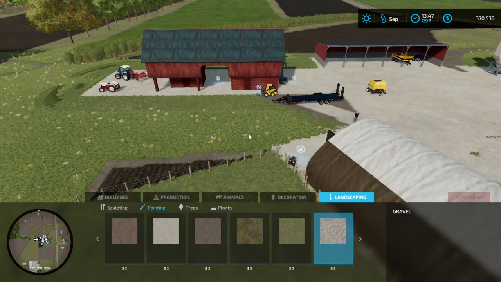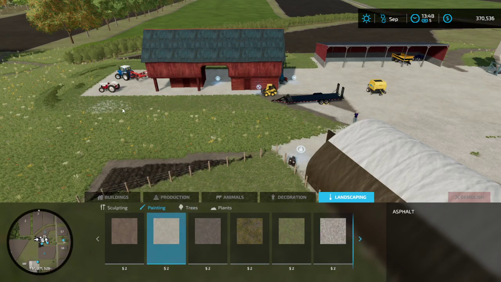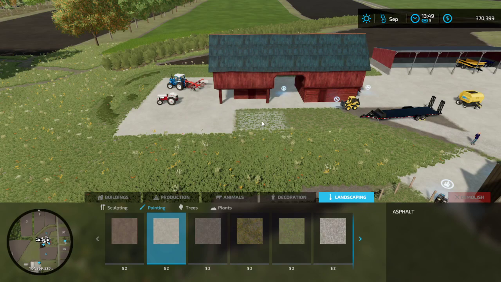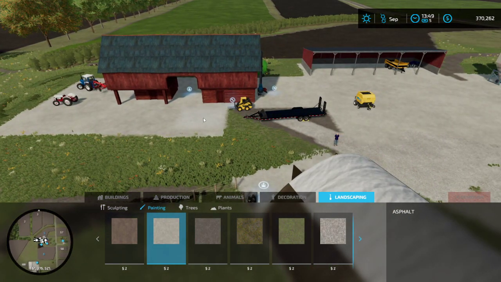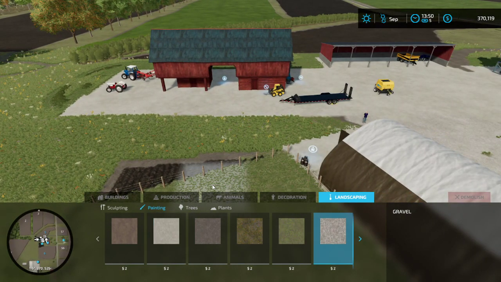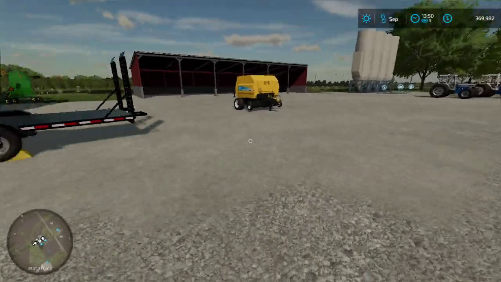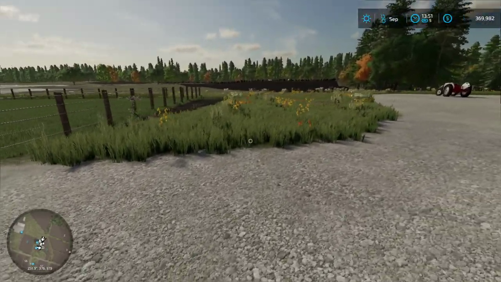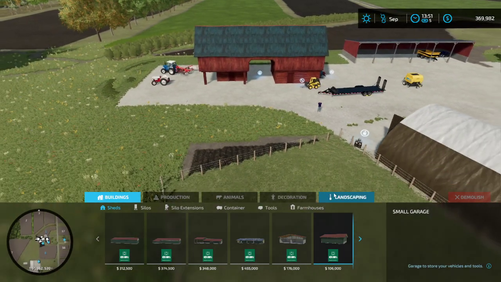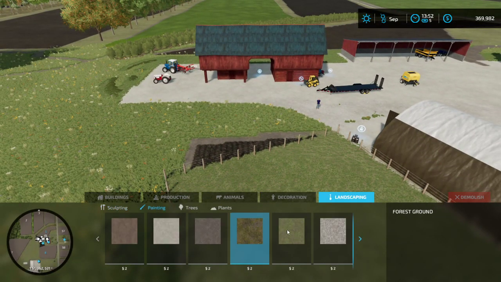Now this part, I think it makes sense to do another bit of asphalt by this production. But then we kind of make this gravelly here. Kind of a little bit of a messy section. And then I think I want this to be like muddy grass right here. You know, muddy grass. Not forest ground, but